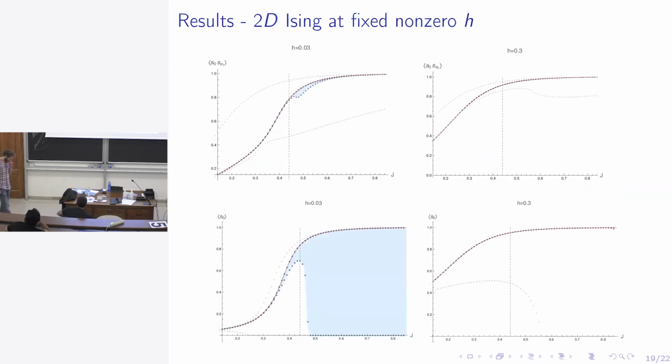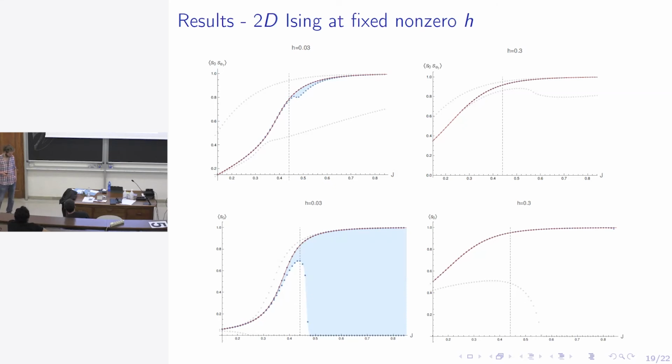Okay, this is another set of results. So here I'm fixing h to be some positive value, and I'm varying J. I'm looking at the 2-point correlators and the 1-point correlator. So the blue dots are the upper and lower bounds we get from our 13531. First of all, maybe something I didn't say and should be clear from these plots, the improvement we get between the 131 and the 13531 is very, very significant. So this gives us optimism to believe that if we manage to go further, 135731, etc., very quickly we will get better and better bounds,